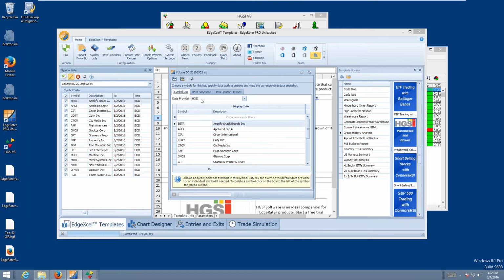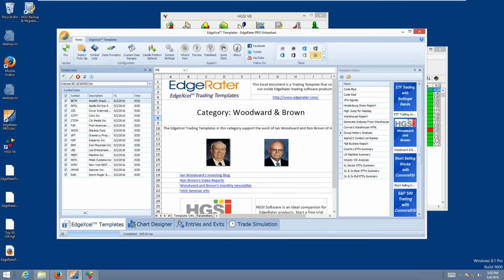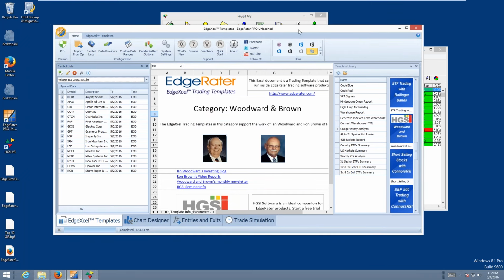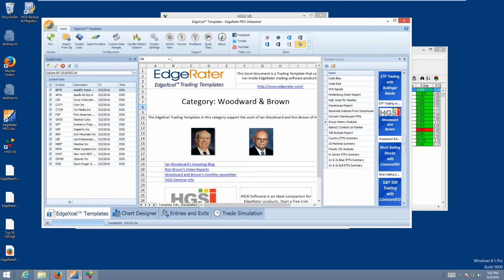So it means that for sure, whenever I press end of day update, this data is going to come from HGSI. You could override it on a per list basis by using this drop down here, and say, instead I want to get my data from Yahoo. But if you have HGSI, there's no need to do that, so I'll leave that set. Okay, so symbol list, that's the very first point of integration,